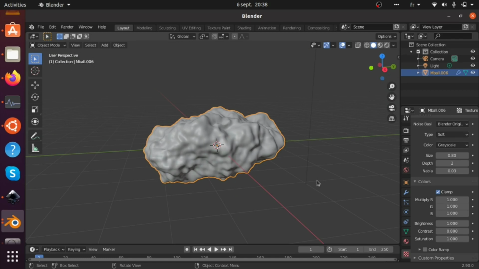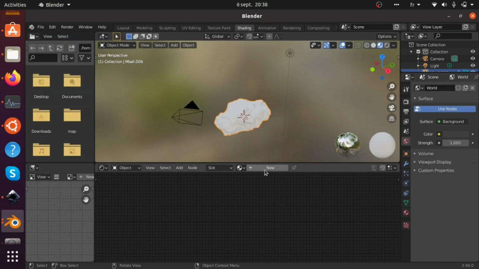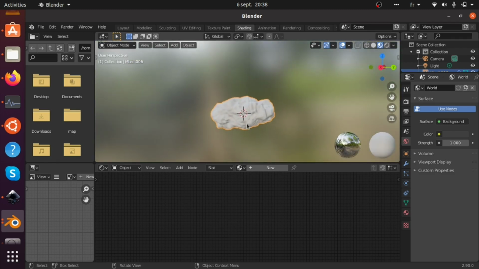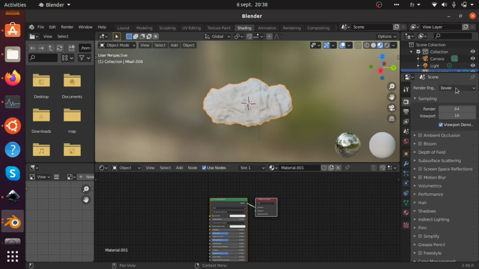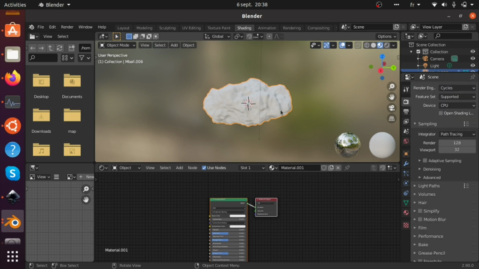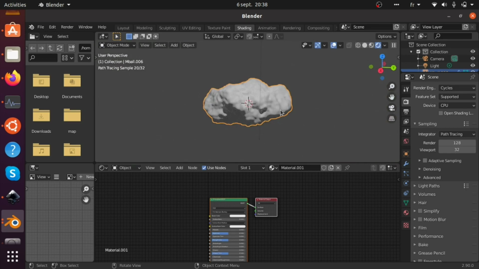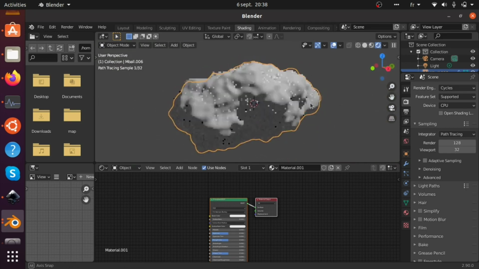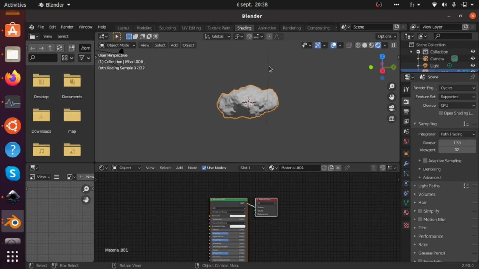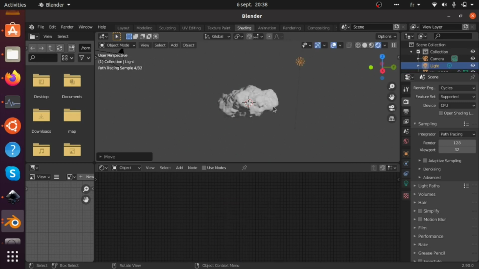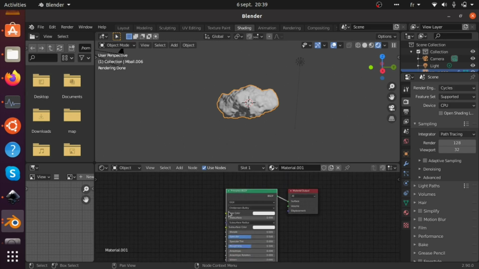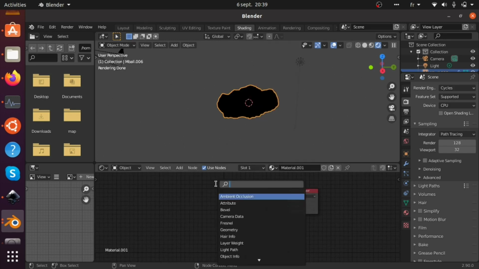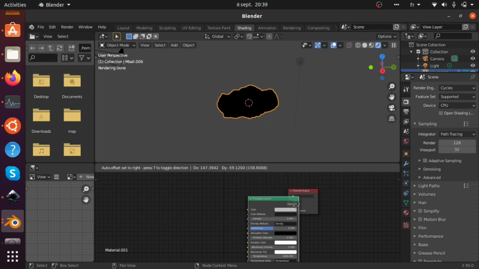The next thing we're going to do is go to the shading editor to give it some materials. We add a new material, and before adding a volume, we will have to switch into Cycles. Switch to the render mode, like this. We bring our light closer to the cloud. We have to delete the Principled BSDF, add in a Principled Volume,